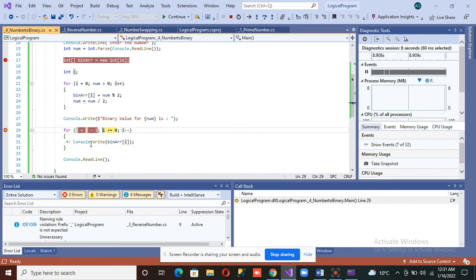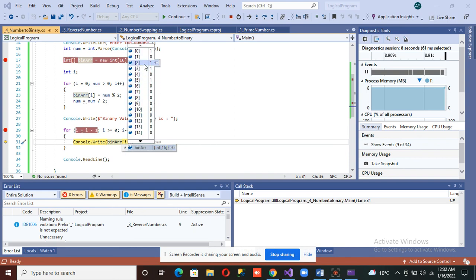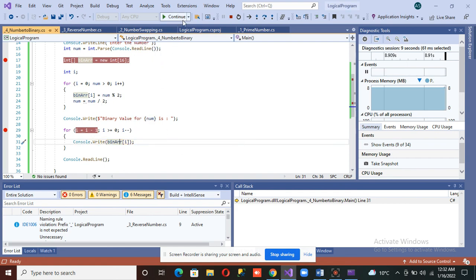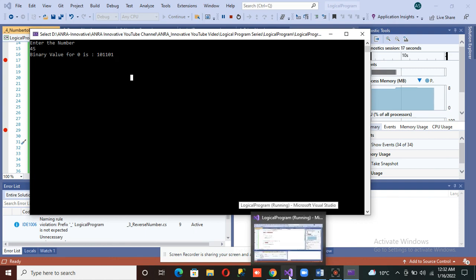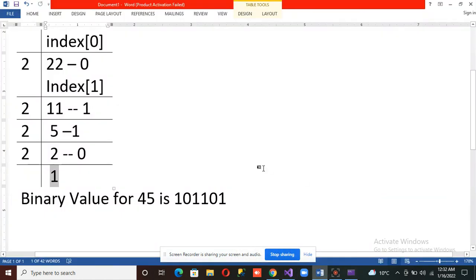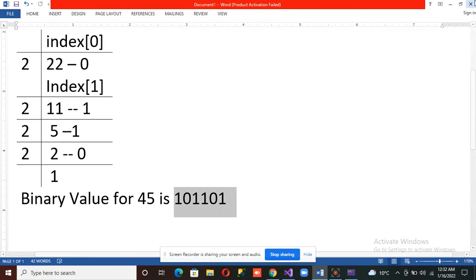Again, if we run this program, the value of I is equal to 4, and it will print the fourth position's value. So if we see, the output is 1 0 1 1 0 1, as we already discussed in the WordPad.